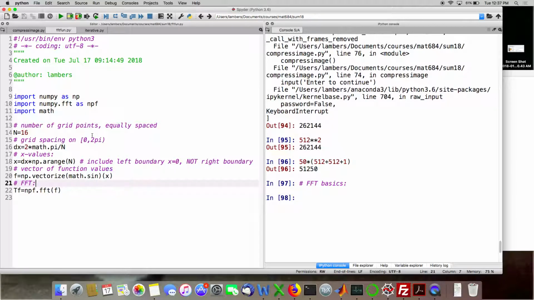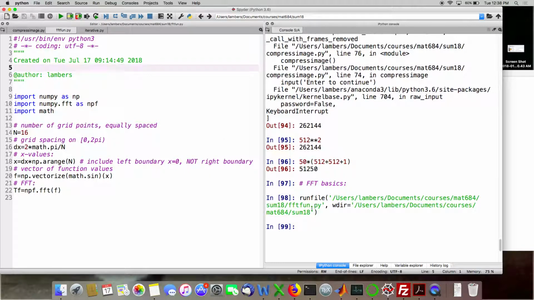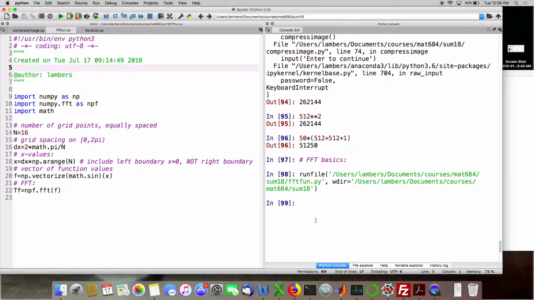And then I have a subpackage of numpy, numpy.fft. So I'm importing that and calling it npf. From that, I'm using their FFT function to compute the fast Fourier transform. So if I go ahead and run this code, okay, let's take a look at what we have. So first for f,